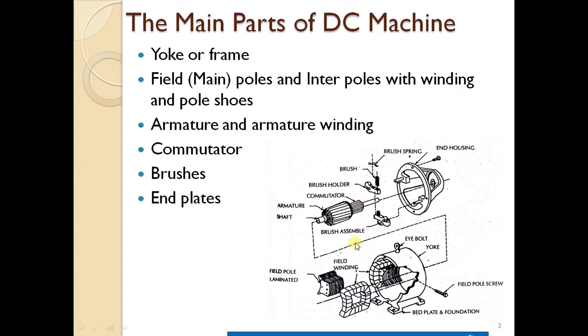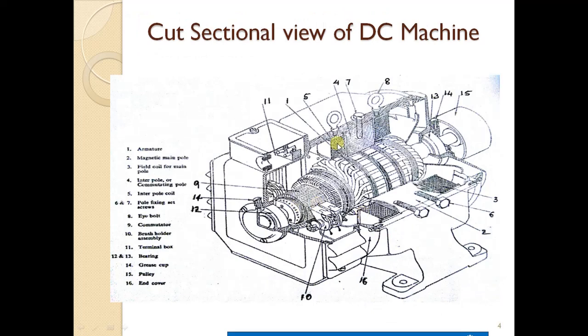This is nothing but your complete assembly drawing of a DC machine. Now coming to the cut sectional view of a DC machine, you can see this is what a cut section view of a DC machine, how the DC machine looks. Here you can see this is the central limb. The central one is nothing but your shaft, and over that, as I already said, we have the field pole screw, and this is the field magnetic pole, and these are the field windings which are wound on this pole,